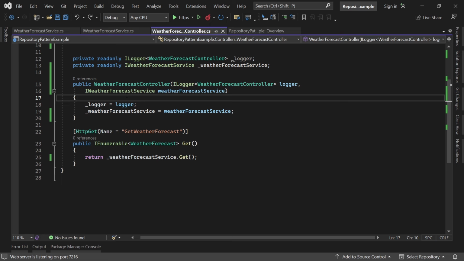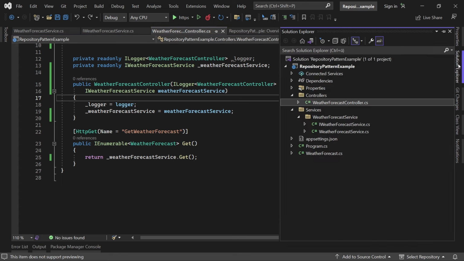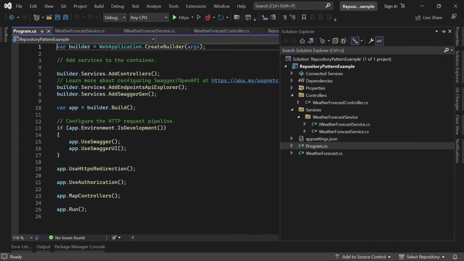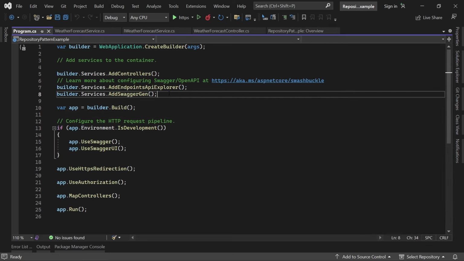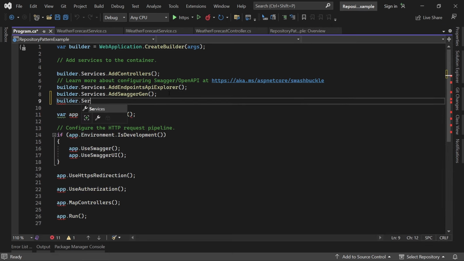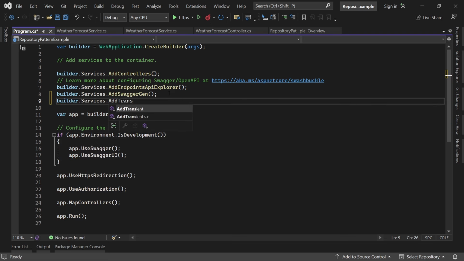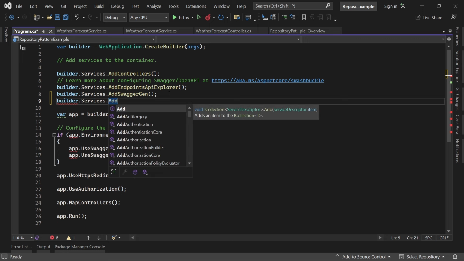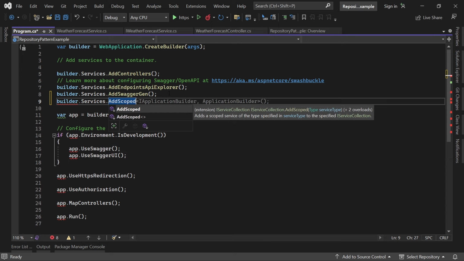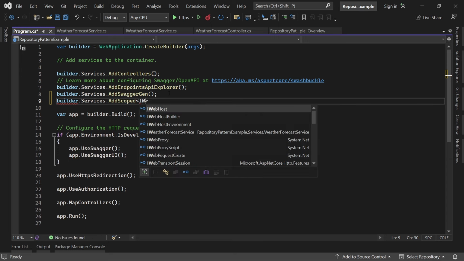So what we have to do is tell the web API and the controller what implementation class to use. And for that, we go to our Program.cs and just register the service. We do it like that: builder.Services, and then add either Scoped, Transient, or Singleton. Several functions are available for us. Most of the time you would use AddScoped, and then here you just say WeatherForecast